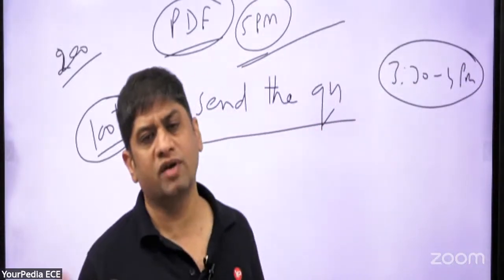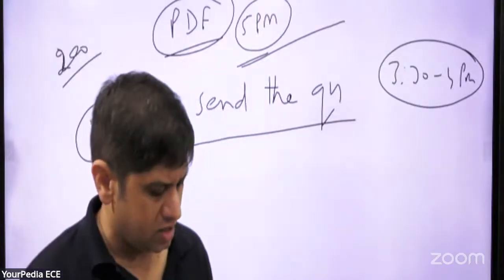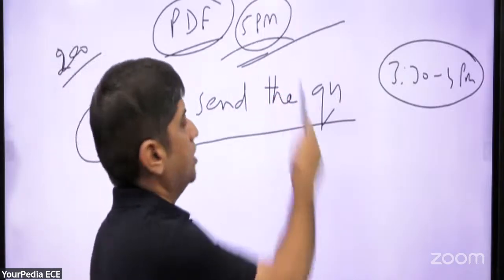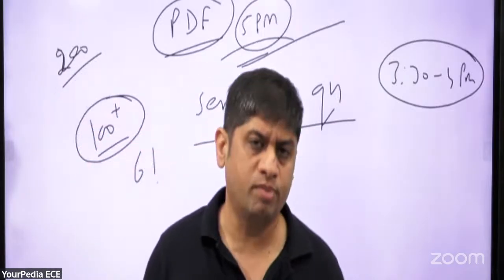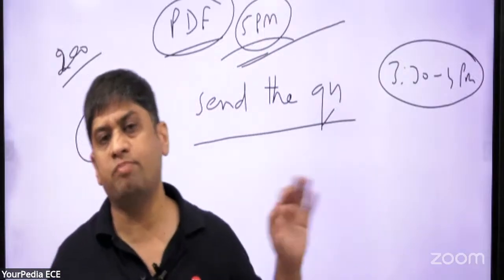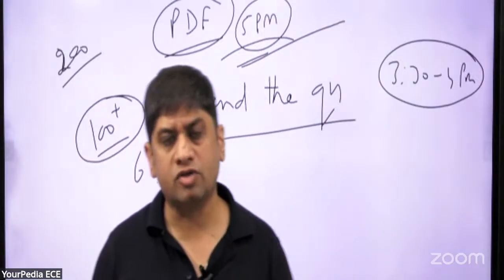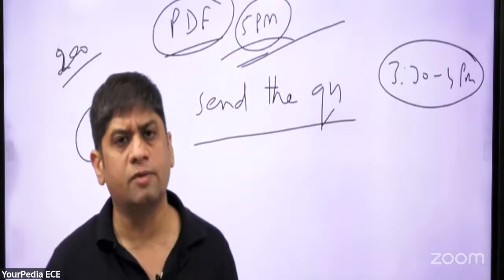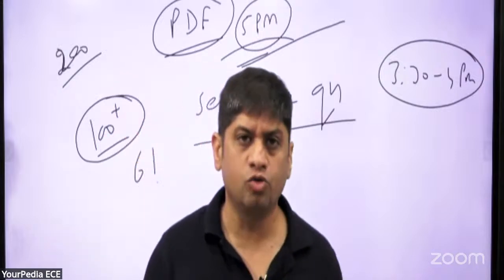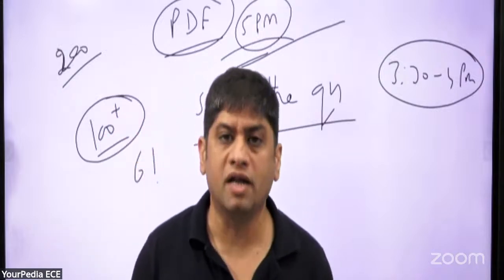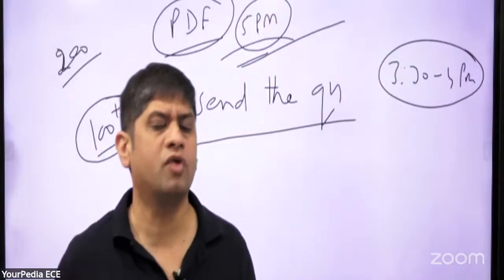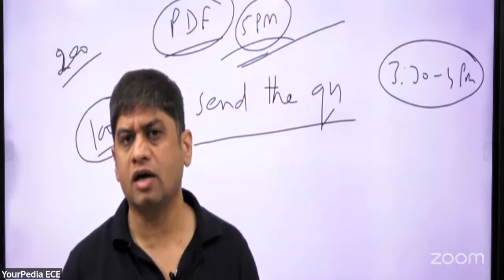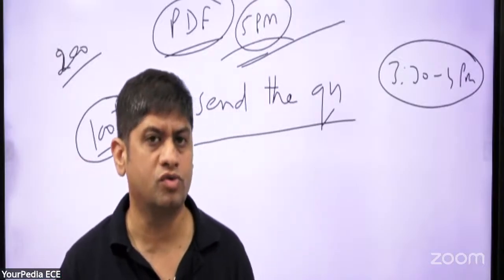After that, obviously you will correct it and send us some more things, and the final draft we want to share with you by 5 p.m., by the time the mechanical engineering paper starts. We want that by 5 you have the details of the electronics paper, all questions with solutions and answers, and from there you'll get an idea of how you have performed and what your score can be. The cutoff also, by the evening, what the cutoff is going to be, that also we are going to tell you.